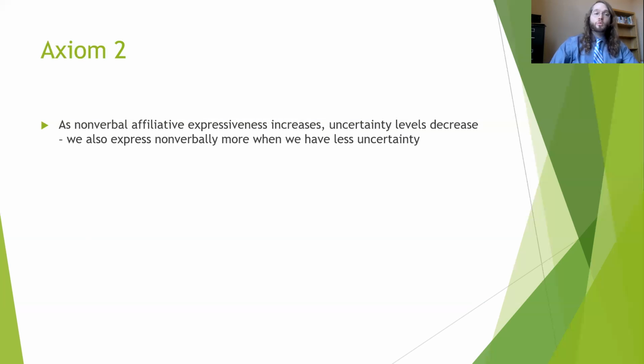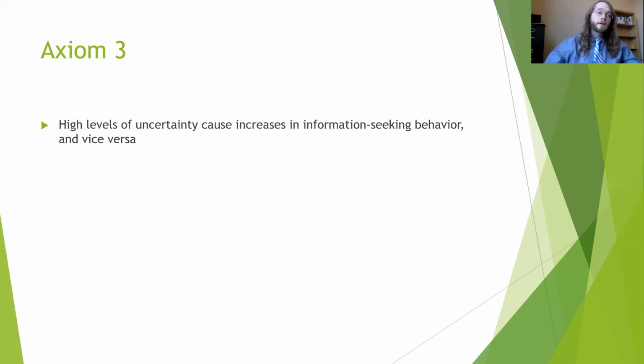Secondarily, as we express ourselves more nonverbally, we're more open, we're more physically close to somebody, maybe we pat somebody on the shoulder or smile or exhibit more warmth with somebody, our uncertainty decreases. We also use more nonverbal communication when we're less uncertain. In other words, we become more animated, we become closer and more expressive as we start to trust people. Oftentimes, we're a lot more detached. We are less expressive with people that we don't know as well.